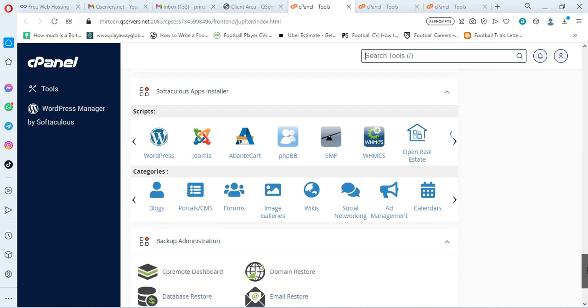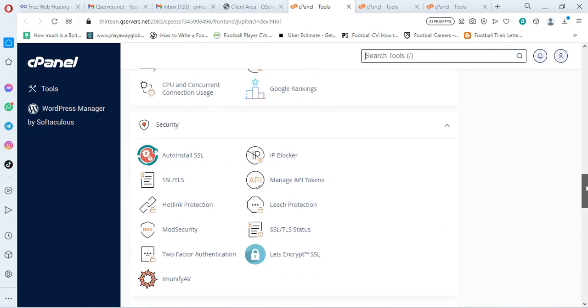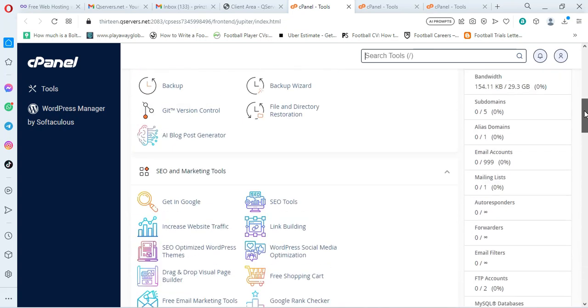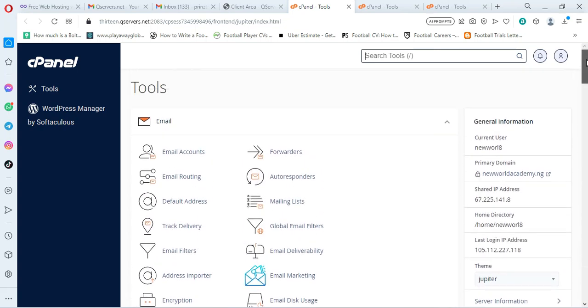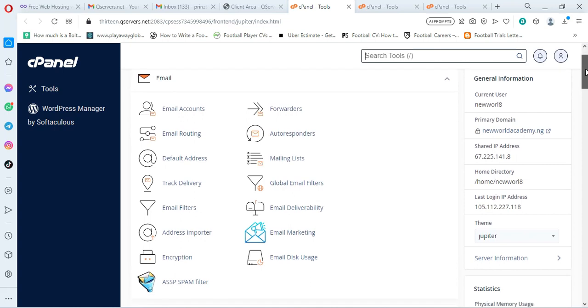So this is how cPanel looks. Okay, so for you to design a website, you need access to cPanel. It is on cPanel that you're going to do your installations, and from there you start designing your website. So that is about cPanel. Let me show you that